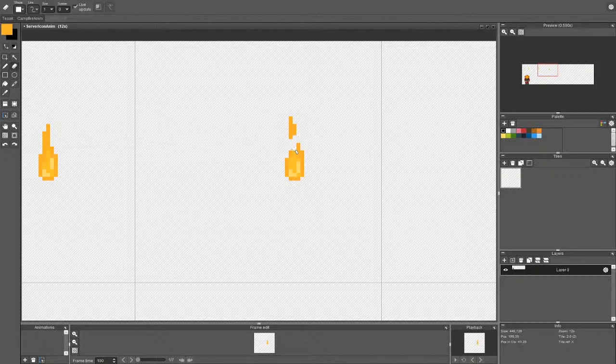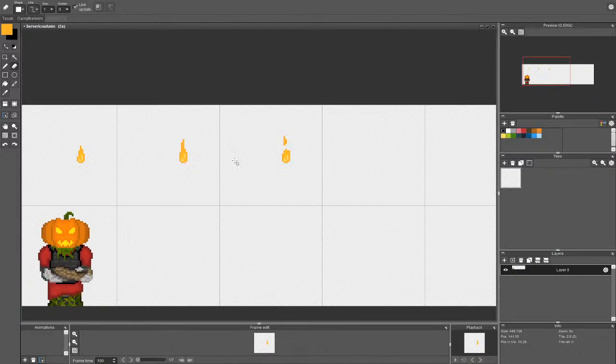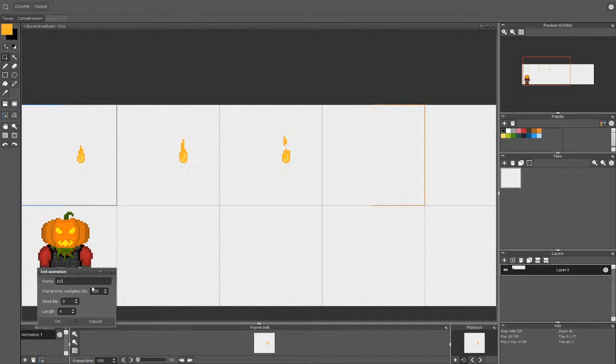That's cool. Let me quickly create a new animation so I can see the progress. Let's name it icon. Make it 7 frames. Or no, just 3 frames now.